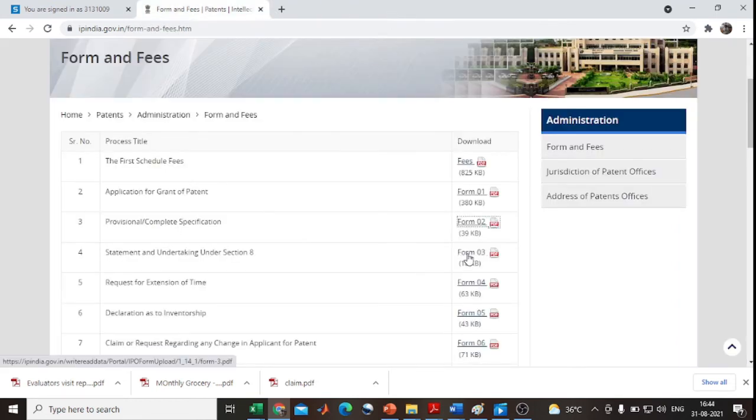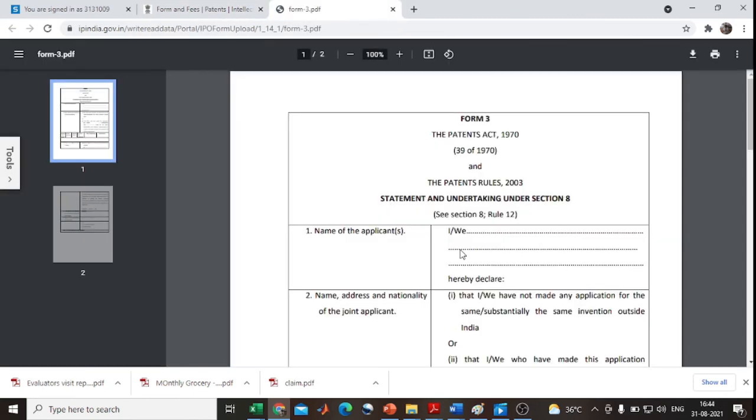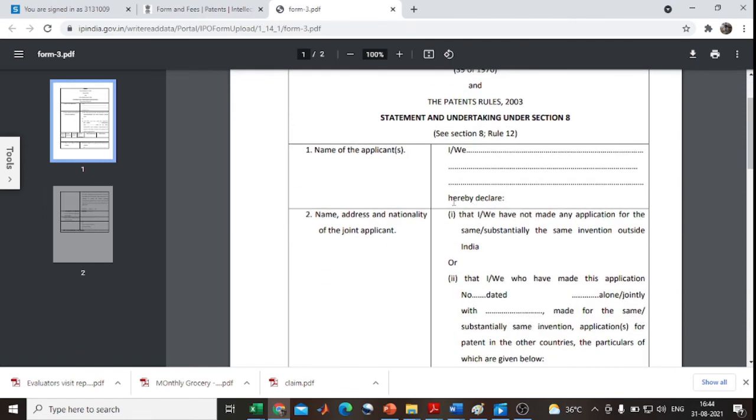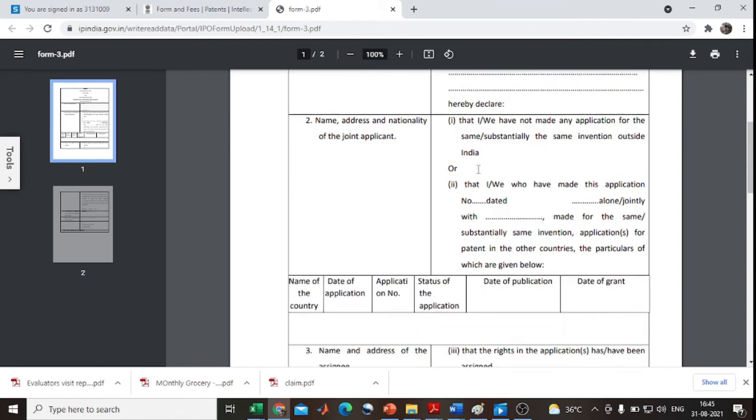Form 3 is related to the statement and undertaking under section 8. So form 3 has the details such as the statement and undertaking under section 8. Here also you may mention the name of the applicant. Here you may declare your rules and regulations according to the Indian government. You may apply for the same patent grant in the Australian government or the United States patent. Likewise, it may differ, but you can declare your contribution and the name, address and nationality of the joint applicants also